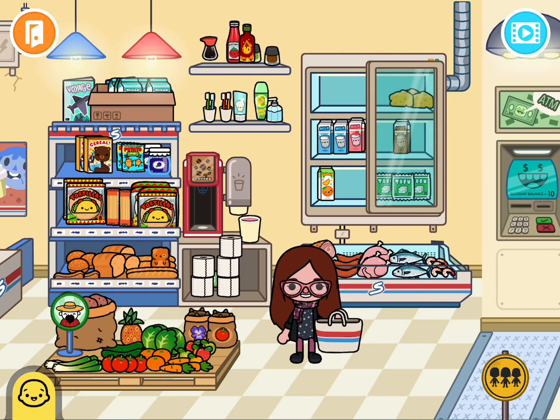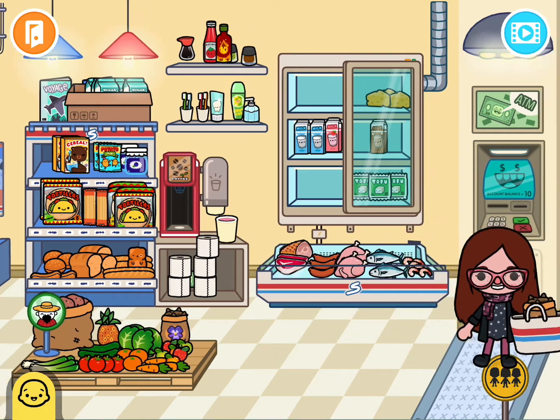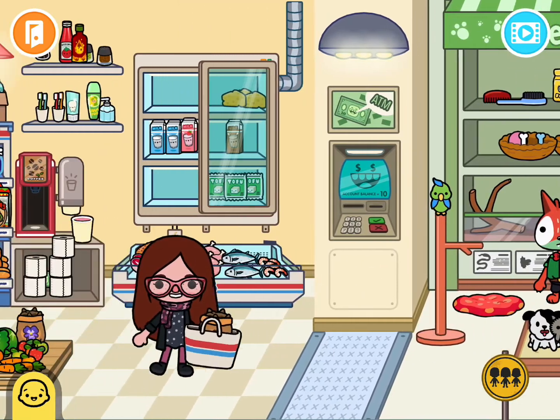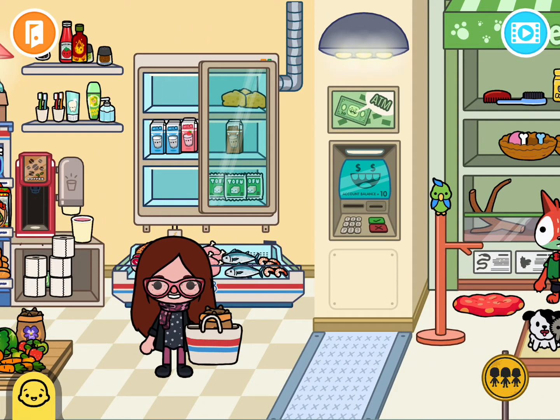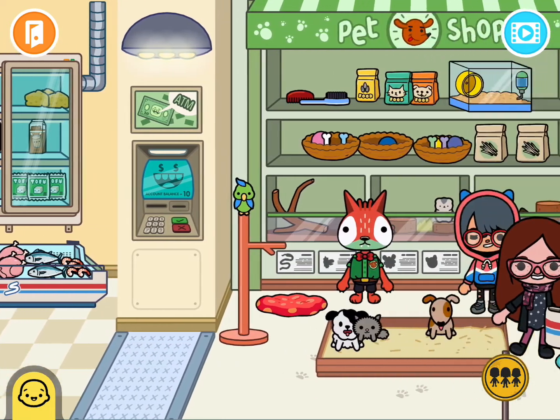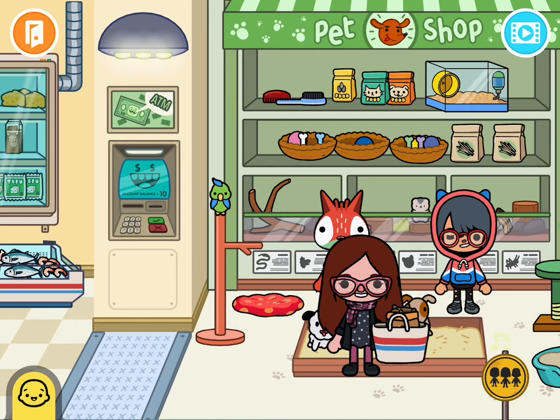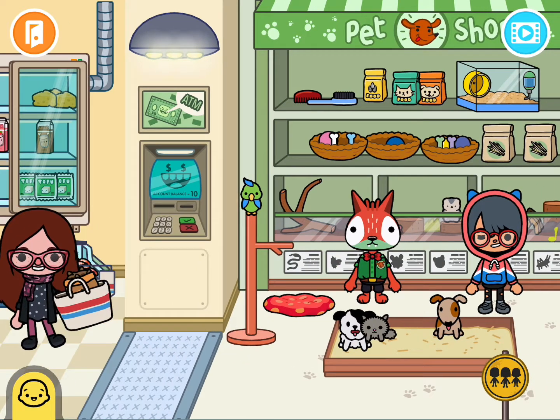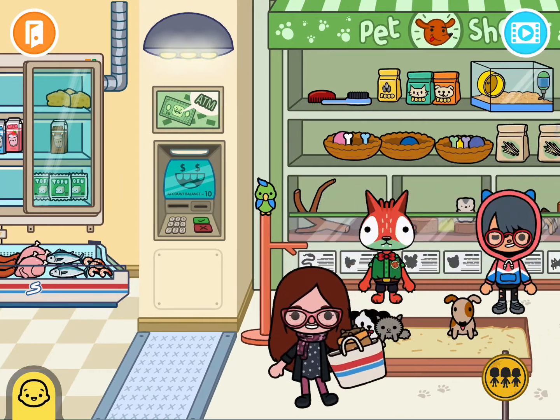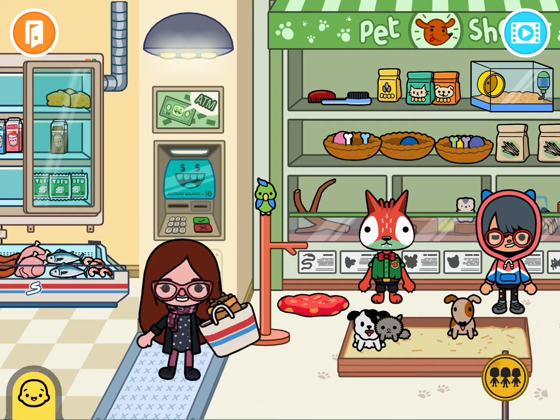The first thing we need to grab for our regular past tense verbs is this carton of orange juice up here. And let's grab some seeds for the tomatoes. Now we have another couple things we need to get, but I do need to show you that the way to move a character from room to room is to pick up that character. I usually try to pick them up by their midsection, and you move them up against the edge of the screen, and that'll move you to the next room.